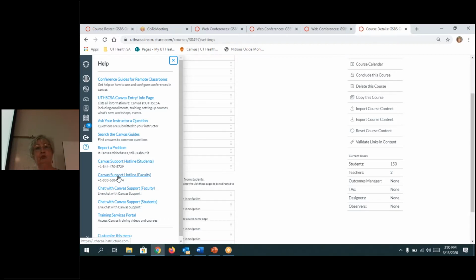I don't see an option to download. You don't see a permission to download. Perfect. As faculty, you can download the presentation. Right. But there's no need for students unless you want them to. If you want them to have that PowerPoint, you're going to have to send it in another way, but they can always access this. As long as they have access to the course, they can go back and access the conference.